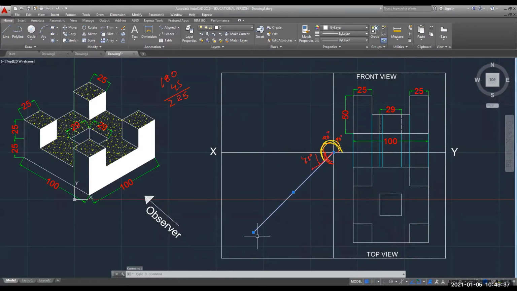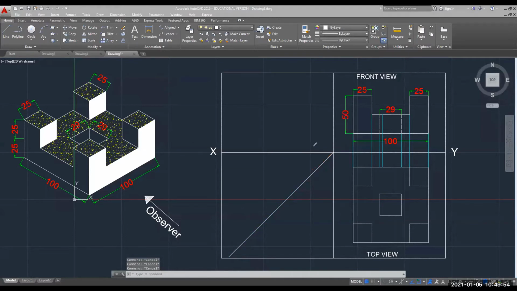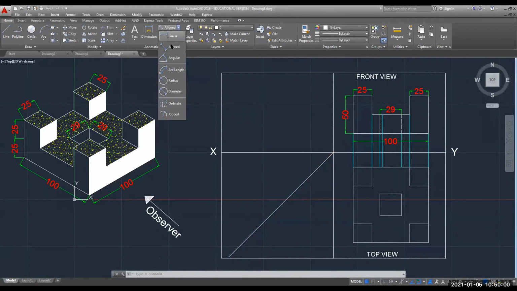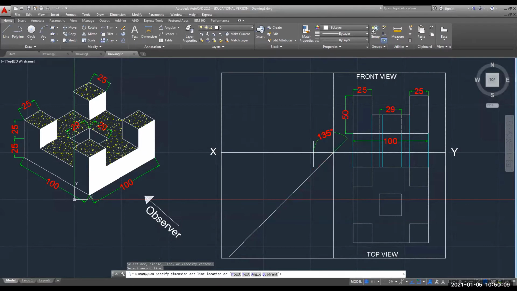Okay, 150 length, it is coming up to here, and this line is at this location. So we need to extend this line. I will extend it up to this location. Let us check whether the angle has changed or not. I will clear the annotations for clear visibility, and I will give the angular dimension. Which angle? Angle between this line and this line. Okay, this is one straight line. That's why this is 45 degrees. So we are correct that we have bisected this 90 degree angle.